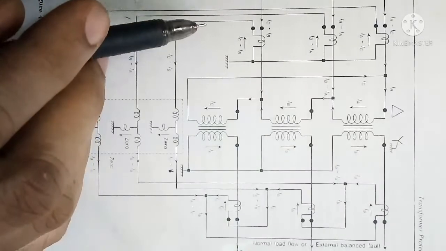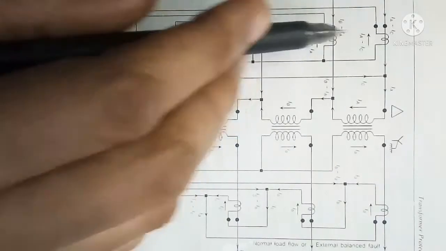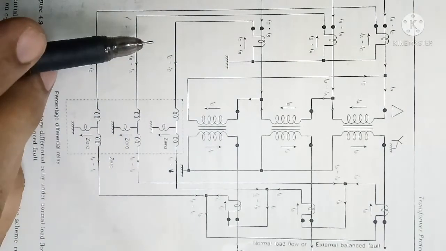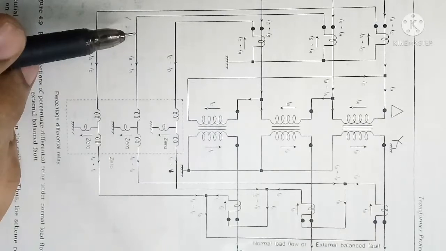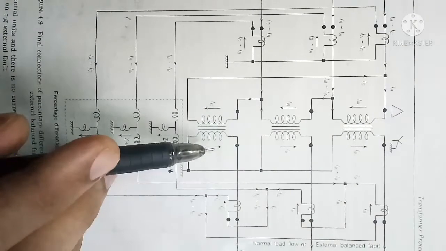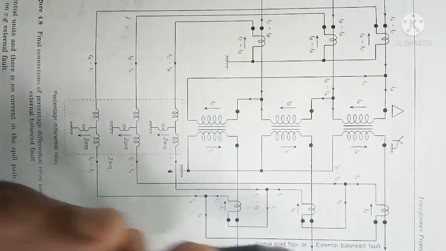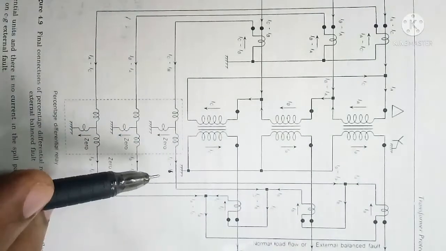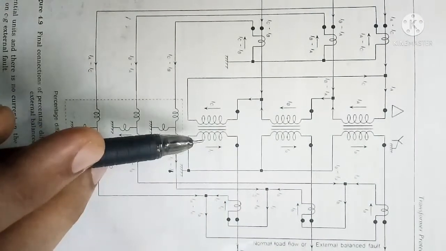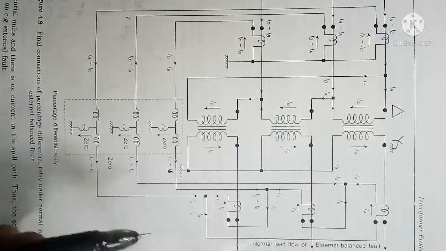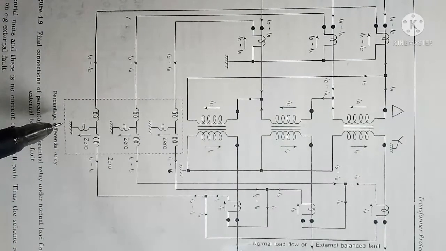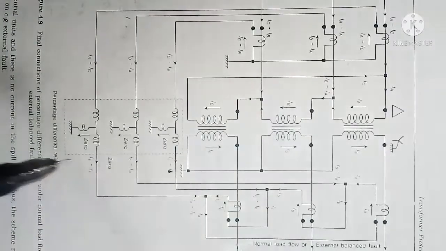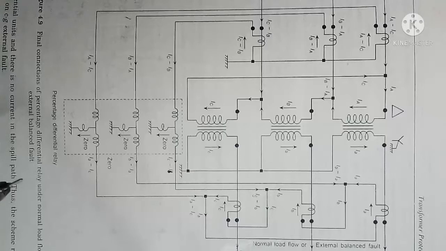The three lines coming from CT secondaries on the primary side of the power transformer and the three lines coming from CT secondaries on the secondary of the power transformer are connected to the percentage differential relay terminals in such a way that